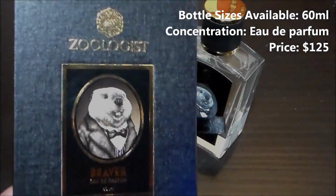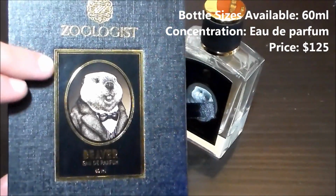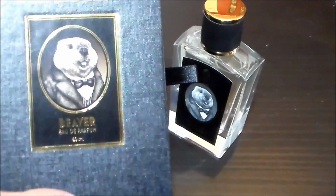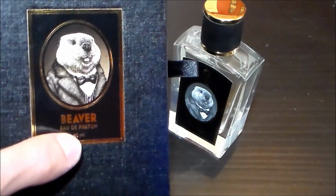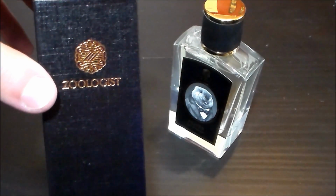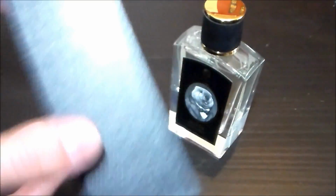On the box for Beaver by Zoologist, you have the insignia up here at the top, the name of the company. You have a sticker here in the front identifying the fragrance with a quirky little image in the middle, and then you have the name of the fragrance and the concentration, which is 60 milliliters or 2 ounces. You have the logo and the name over here on the side once again, the ingredients on the back, nothing